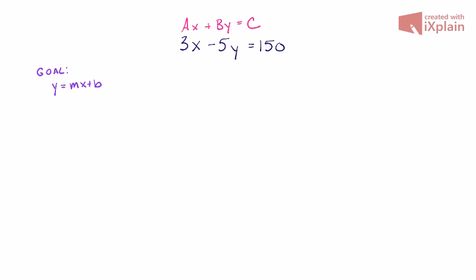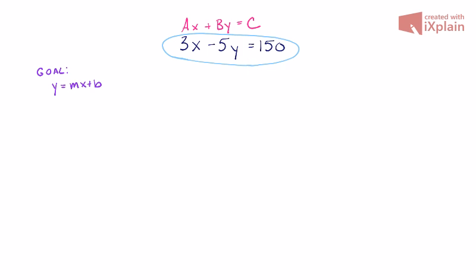b. So the reason why I wanted to do this video was to show you that in certain problems, if you were asked to graph something or if you're asked to find some points or identify the slope, it's much easier to pull all of that information from the slope-intercept form than it is necessarily to do that from the standard form. So the particular problem that we're going to look at is going to be 3x minus 5y is